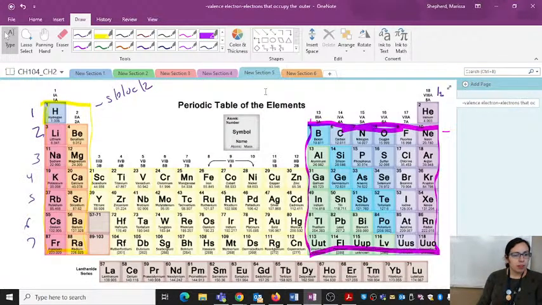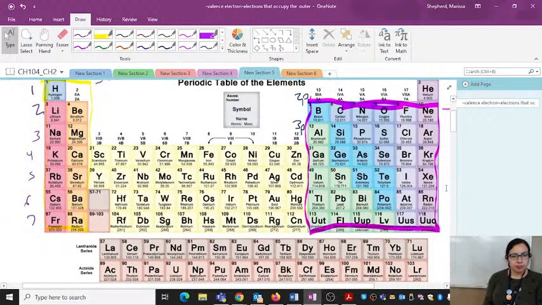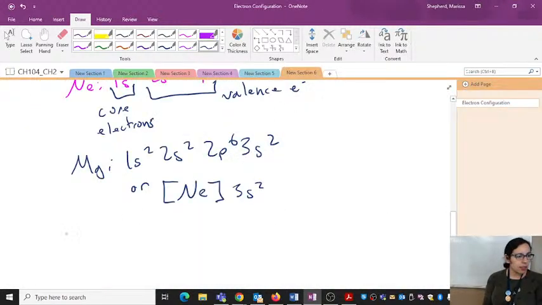So let's go back to our table. Now this starts our 3p. So what's our electron configuration? Let's do sulfur. How would you write that electron configuration for sulfur specifically? Let's see, sulfur on the periodic table is there, so it would be